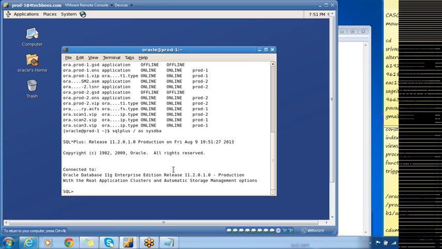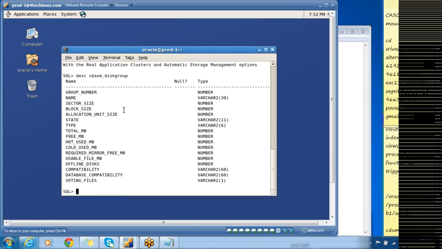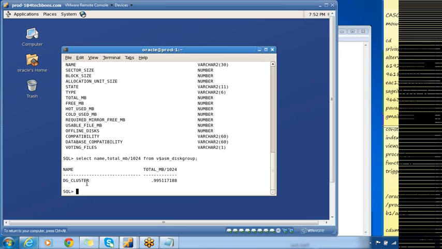I'm talking about the disk group. V$ASM_DISKGROUP is a view which will give us the information about the disk groups. Select name, total_mb/1024 from v$asm_diskgroup. So we have one disk group here, DG_CLUSTER, and the total size of this disk group is 1 GB.